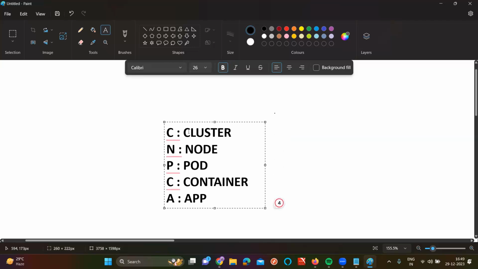Done? First of all, what I said here: C for cluster. If you see the family structure of Megastar Chiranjeevi, Nagababu, Pawan Kalyan, Ram Charan, Allu Arjun, here also: cluster, node, pod, container, application. Is it clear now? If you remember this formula, Kubernetes is going to be very, very easy.